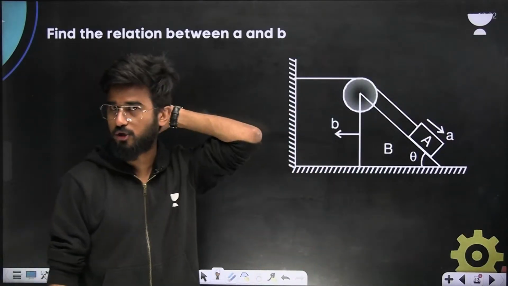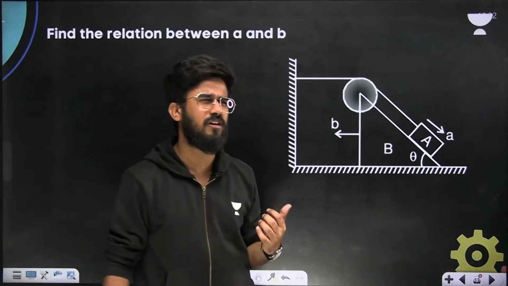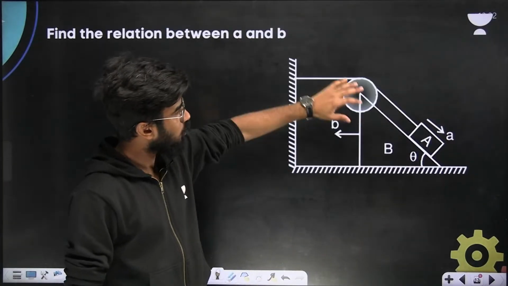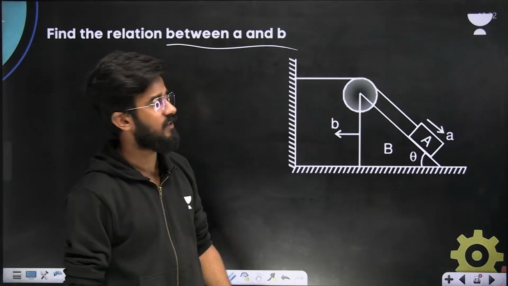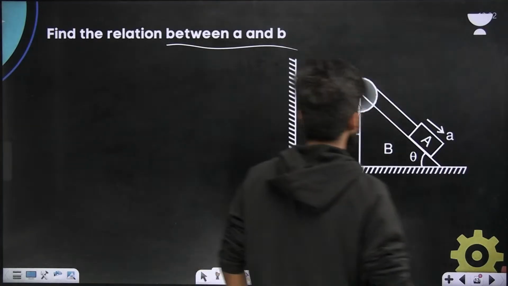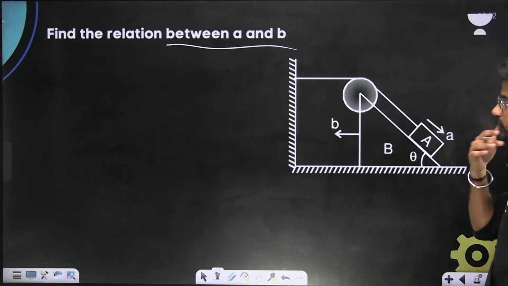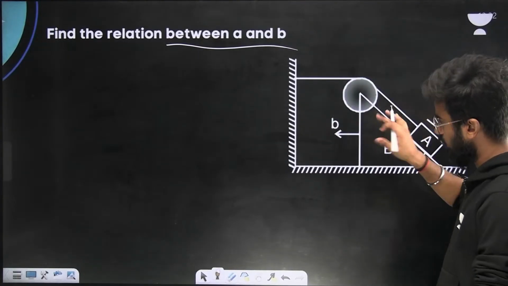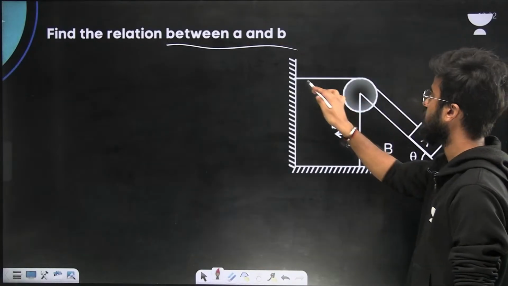This kind of problem is also asked in this particular section. So how will we be solving it? This is one of the good questions. So we will have to find a relation between A and B. How will we be solving that? So look at this. Suppose, we'll have to just mark the points. This,